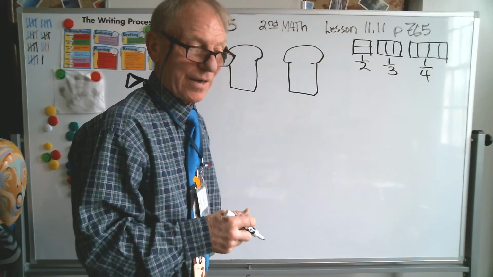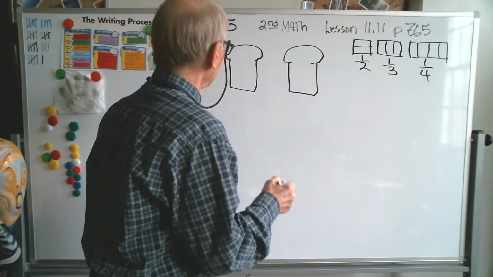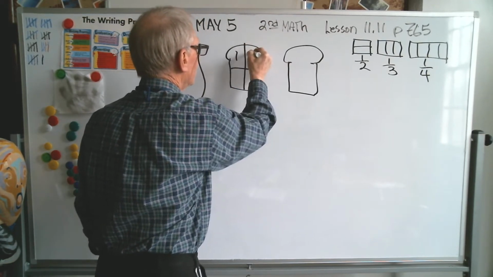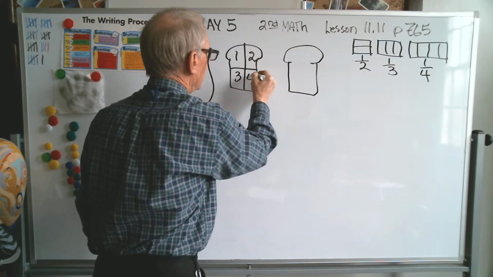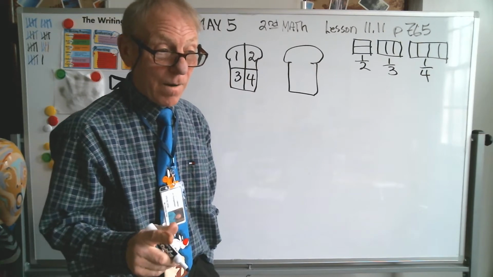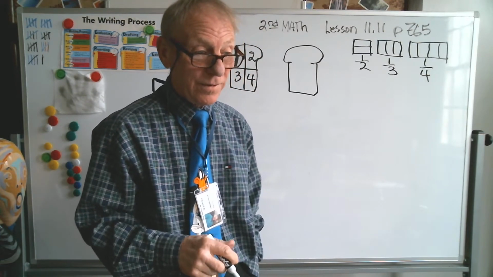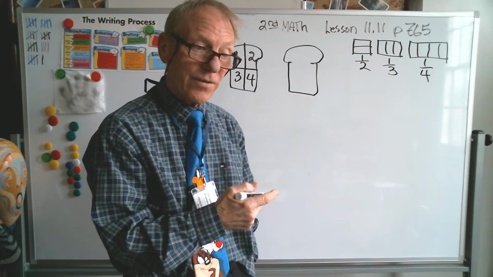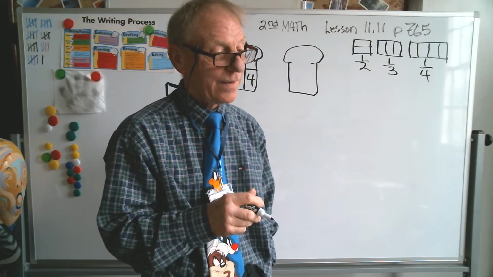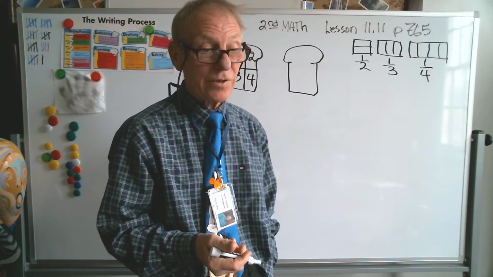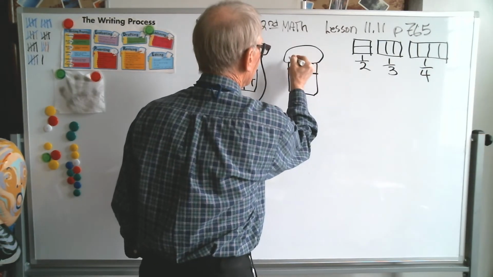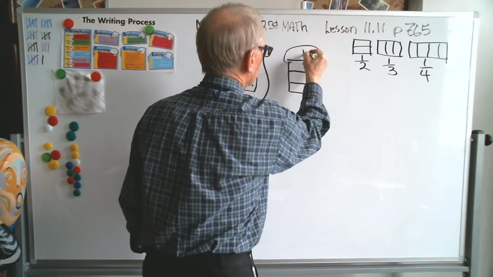But they're cut differently. Well, let's see. Let's cut the first sandwich this way. So there's 1, 2, 3, 4 parts. Now you got to figure out a different way to cut the other sandwich, but still only have 4 parts. Now, there's a couple of different ways you can do it. The easiest way would be just to cut it